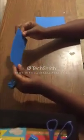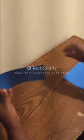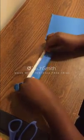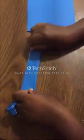So to make this diamond ring, what you need is a paper, which is 10 centimeters by 5 centimeters, which is basically just half of what I have here. And also you need a pair of scissors just to trim out what excesses you don't need. So let's get started. To start this, we're going to fold this paper into 2 equal parts, like in half